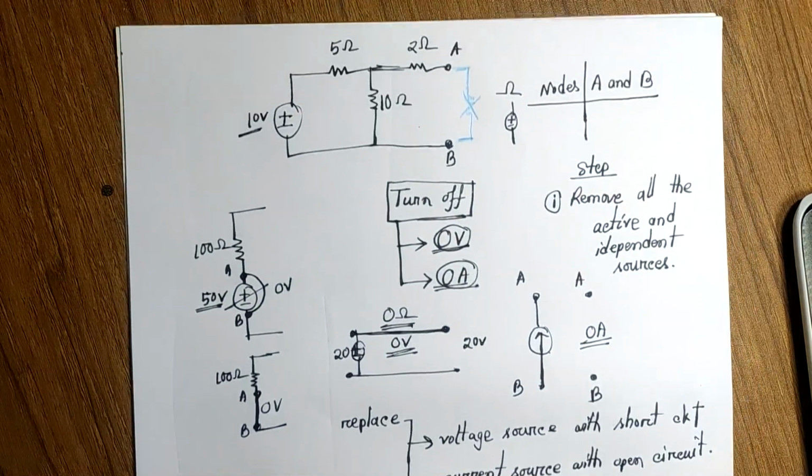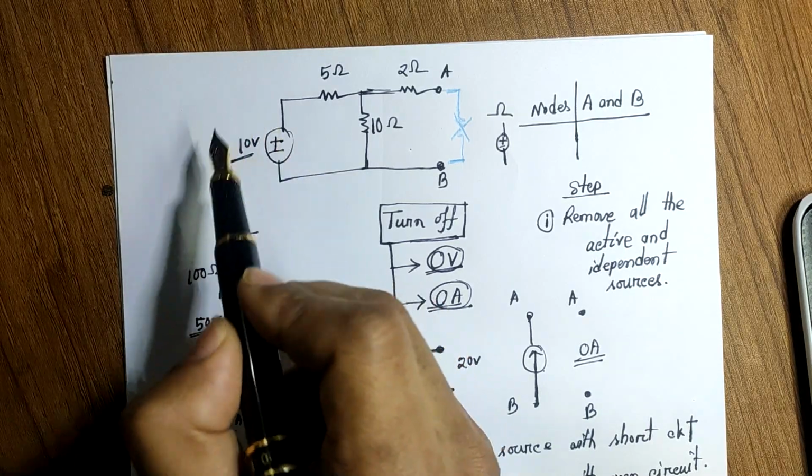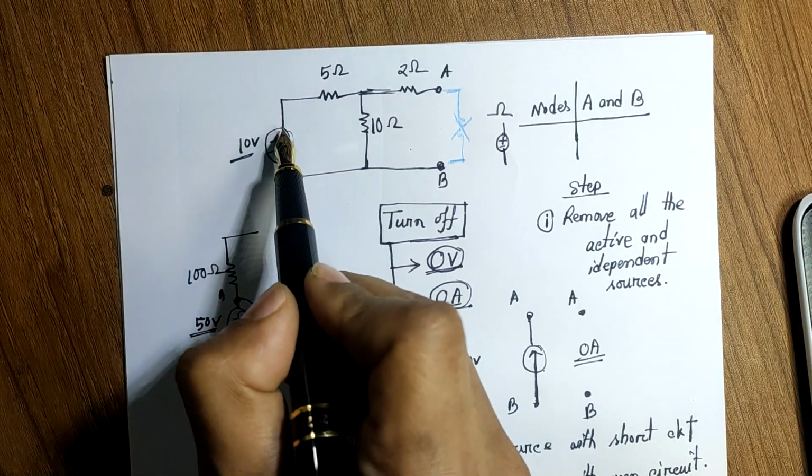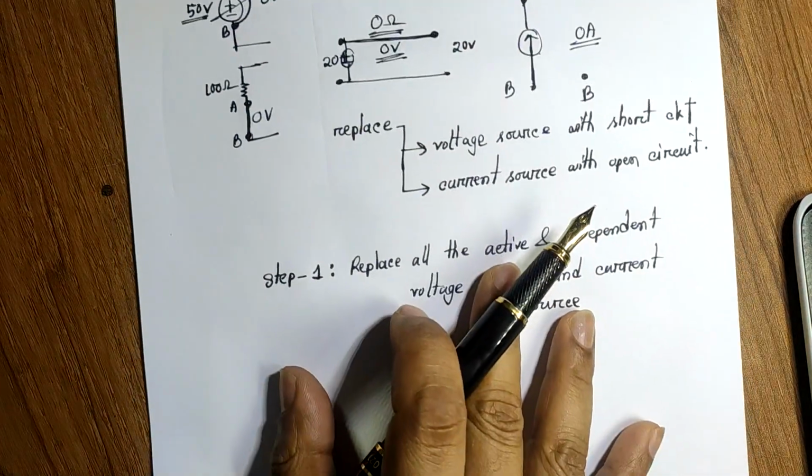So in our previous example, there was only one voltage source. So what we will do with this voltage source is short these two terminals. And remember, this step number one